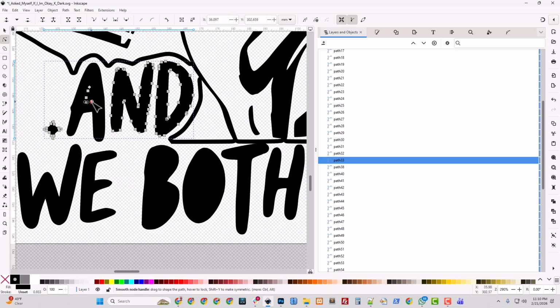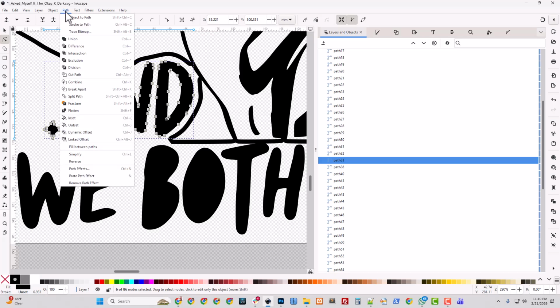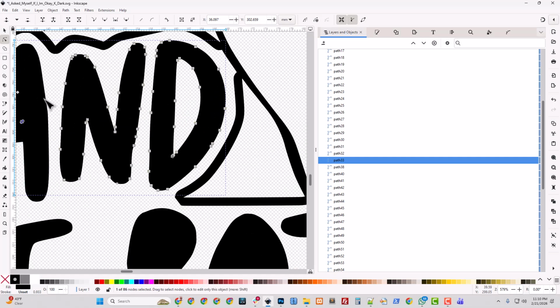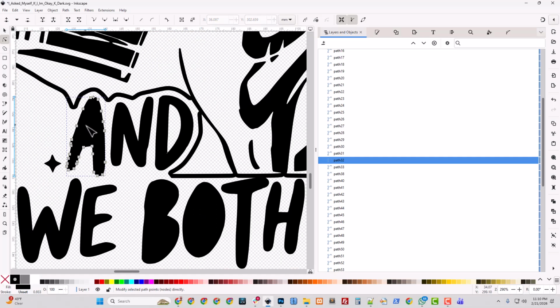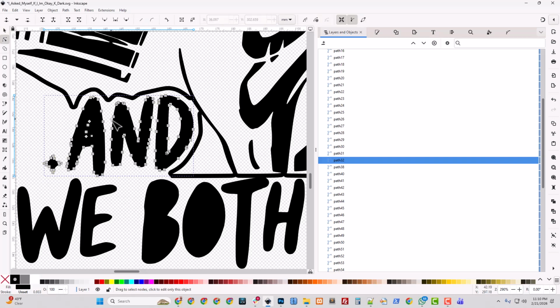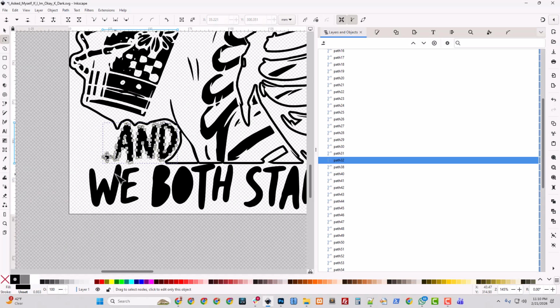I don't know what this did, but it didn't do right. Path reverse. See, I should have just quit while I was ahead. I'm not sure what happened there. Ah, that didn't get selected. That's the problem. There we go. And now I've reversed it, so it's not working. Control A, path, reverse. I'm sure you all do appreciate a little bit of me struggling with this stuff.